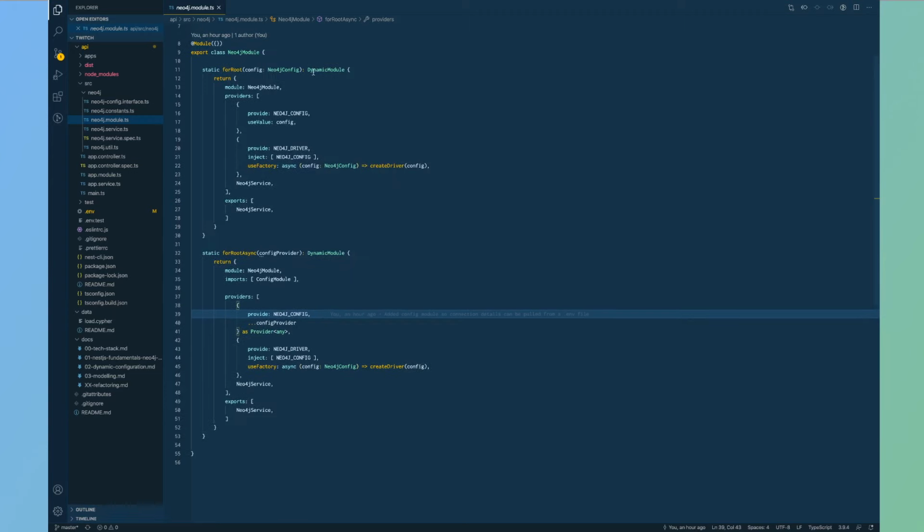So the config is built up in the same way. So we're providing something with Neo4j config. So what I've done is I've used the spread operator, and then for this I couldn't assign this to anything, and then still use the spread operator.